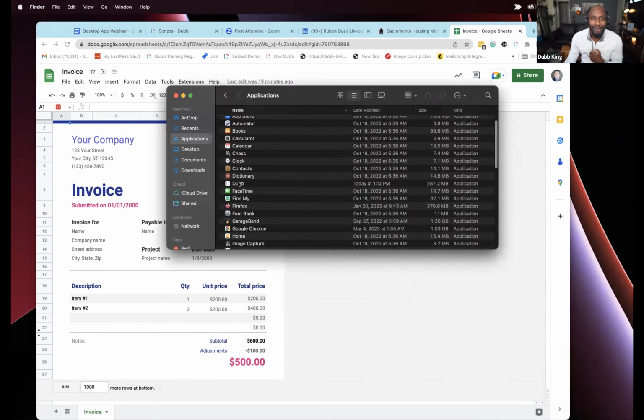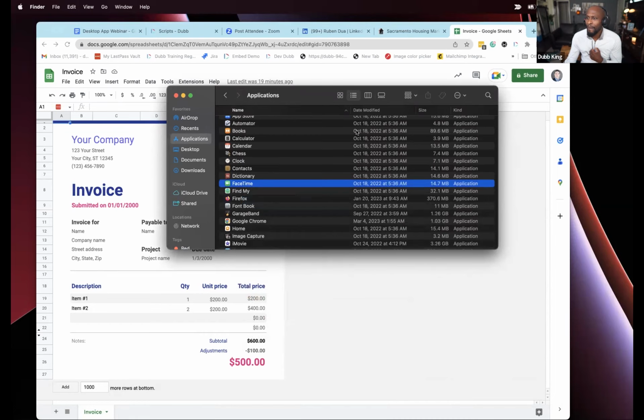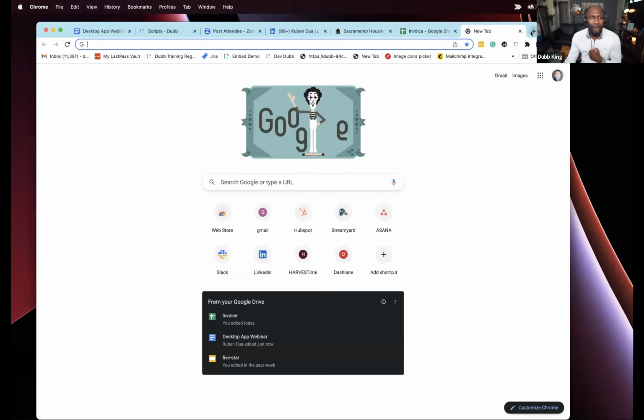Let me uninstall the version that I have. By the way, guys, if you have installed the desktop app previously, like a week or more ago, go ahead and remove it right now. Move it to trash and come download the latest version. So this is how it works, guys. Point your browser to